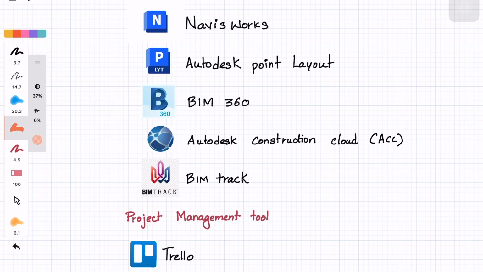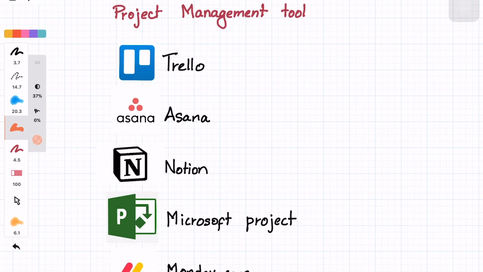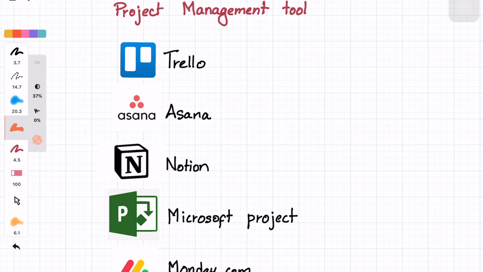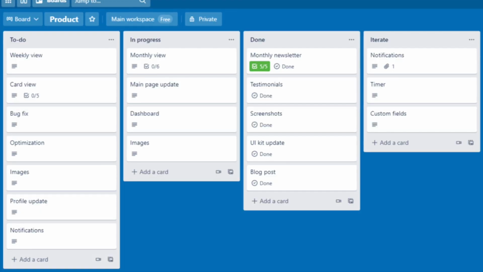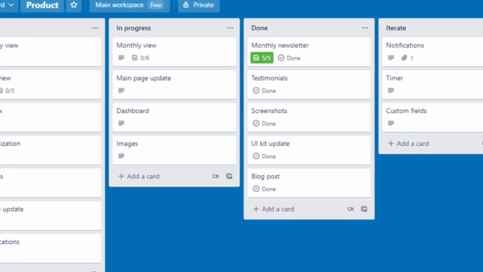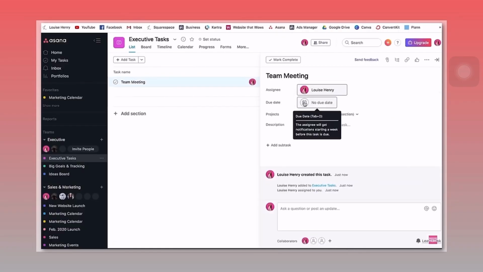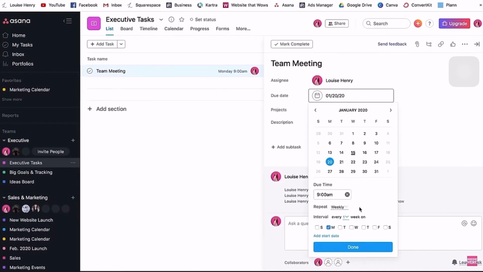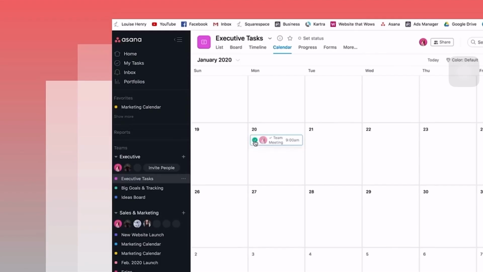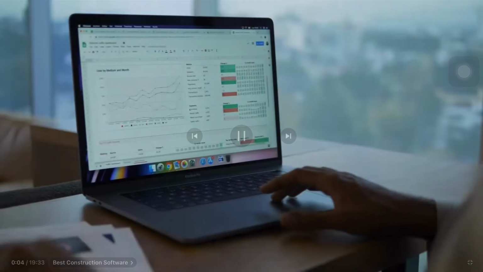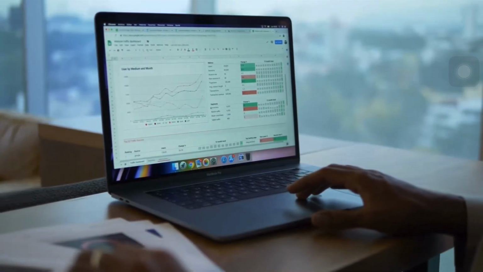Next, project management tools. Effective architectural practice also relies on managing teams, schedules, and deliverables. Tools such as Trello and Asana offer visual boards and task lists, great for tracking deadlines, assigning work, and managing studio tasks. Notion is an all-in-one workspace for documentation, calendars, and collaborative work.